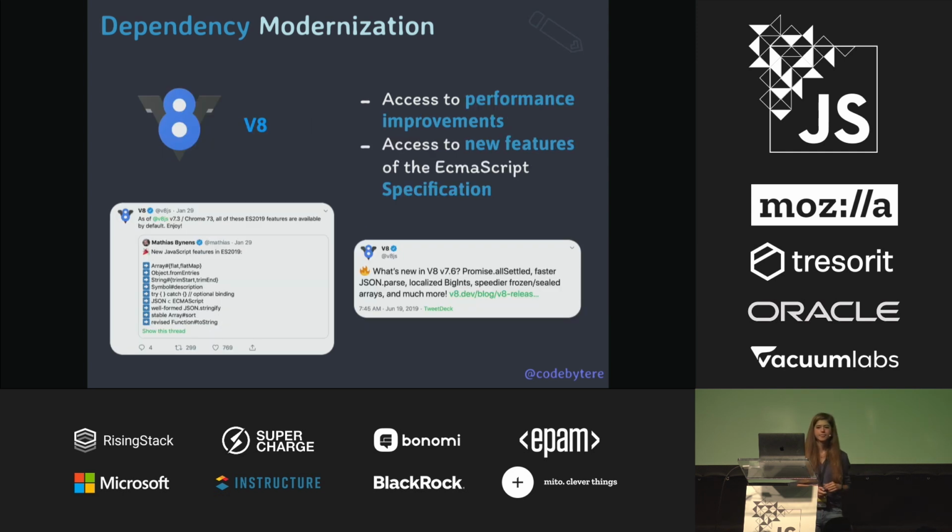Finally, V8. I mentioned V8 a bit earlier on as Google's JavaScript engine that implements the ECMAScript specification, but in C++. For Electron's purposes, it's also very important that we try to use the latest compatible version that we can. This enables us to access the latest features of the JavaScript spec, including some that you can see on the slide here, on the left-hand portion. V8 also works extremely hard to be performant, and so as we look to make Electron faster and less costly, it's also in our best interest to track V8 as closely as we can.